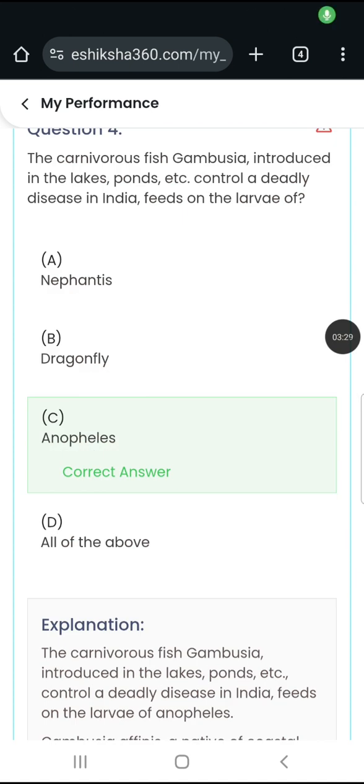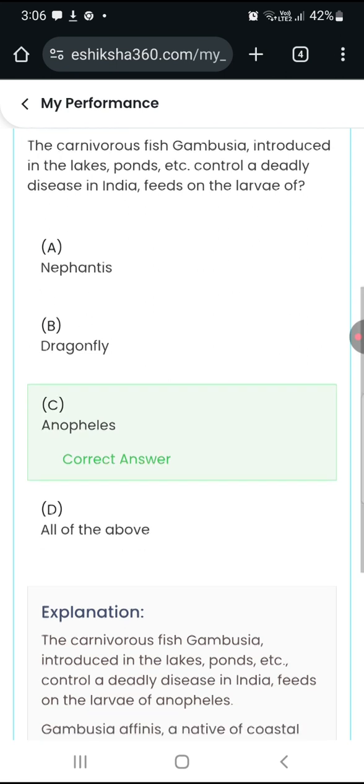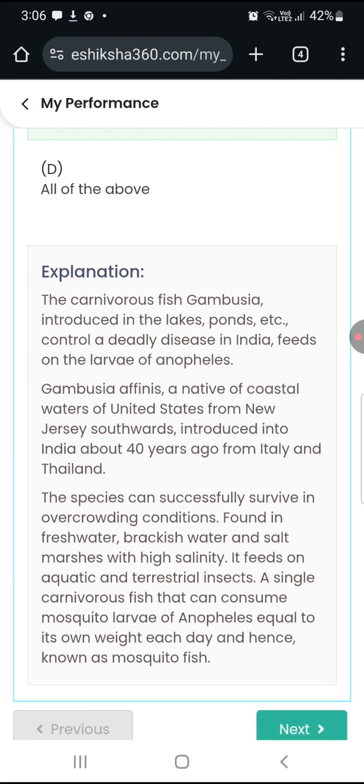The carnivorous fish Gambusia, introduced in the lakes, ponds, etc., to control a deadly disease in India, feeds on the larvae of Anopheles. Explanation: the carnivorous fish Gambusia, introduced in the lakes, ponds, etc., to control a deadly disease in India, feeds on the larvae of Anopheles. Gambusia